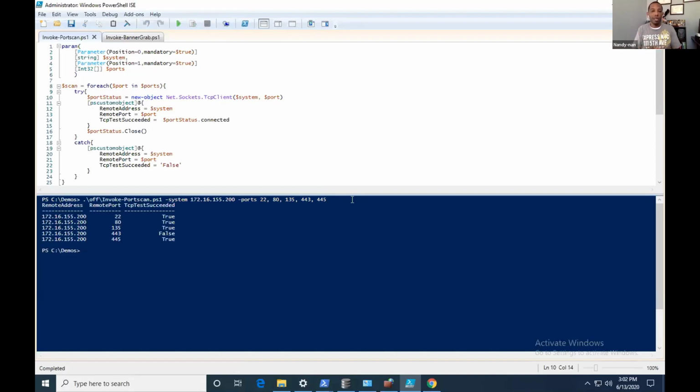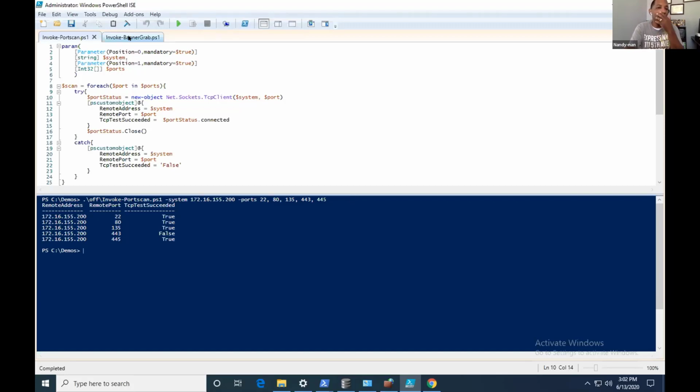Now, this is going to take a quick minute, and we see that the first property is our IP. We see the port, and we see if it was successful or not. So on that system that I was just scanning, we see all those ports are open except 443. Because I get 135 and 445 back, I might start to think that this is a Windows machine, as I'm taking notes and really trying to characterize it.